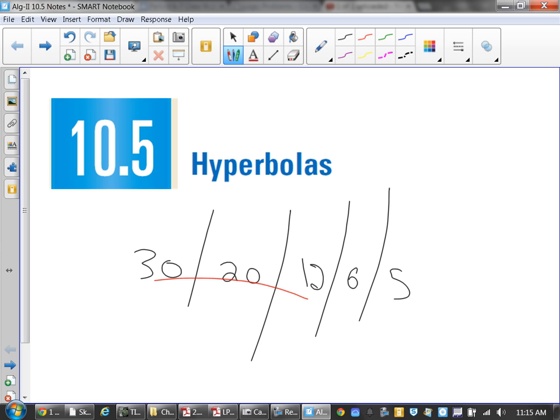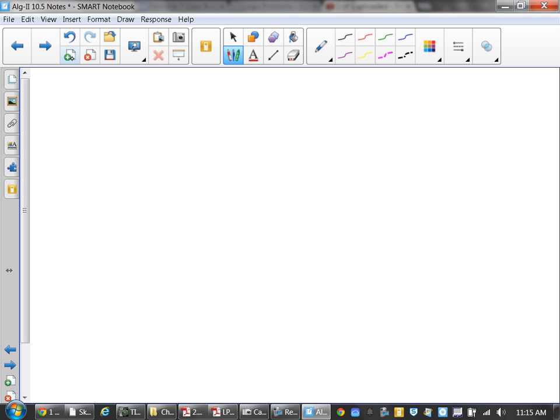Yeah. One of the big differences between the hyperbola and the ellipse is that the hyperbola has subtraction between the two, whereas the ellipse was an adding between the two. The other thing that I want you guys to notice is when you're working with the hyperbola, just look at the formula,